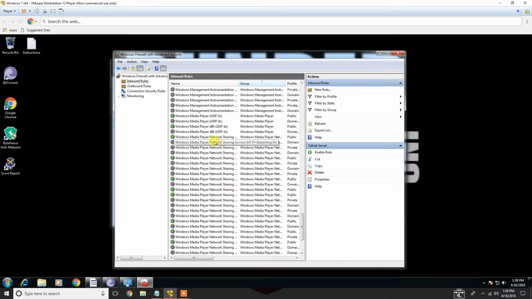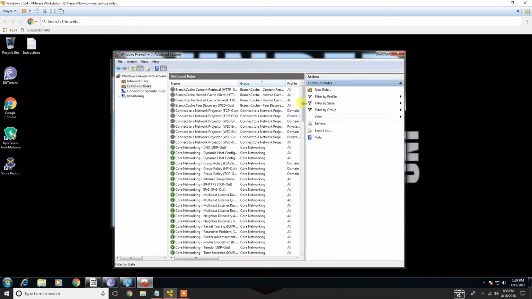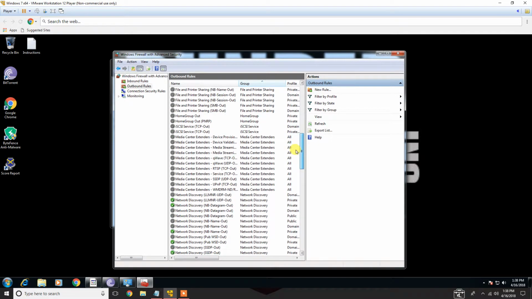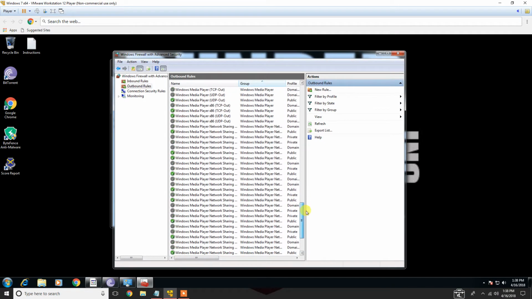As well, it says no media player allowed. So go through and disable your media player and your media sharing networks, and disable anything that isn't allowed for your system. Then you want to take a look at your outbound rules and make sure that nothing in your outbound rules really violates any of your policies. Again, we have remote assistance that's allowed, but not remote desktop. The Windows Media Player, again, should be